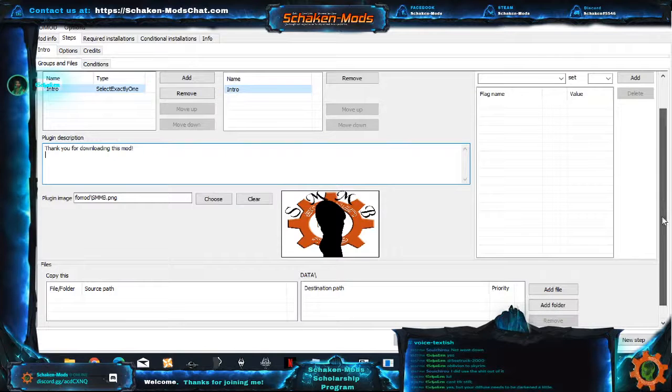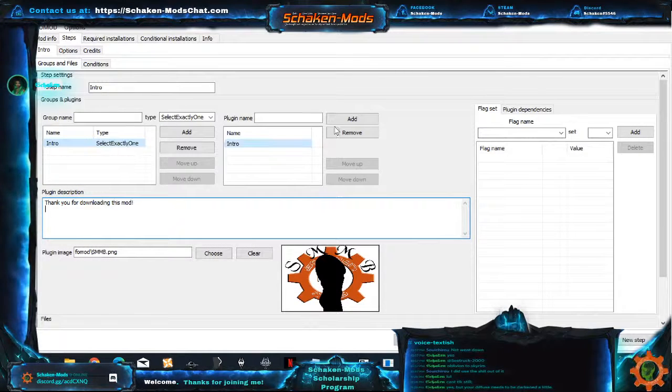On the introduction page of this, I don't ever install anything. Of course, you don't have to have an intro and a credits, but I do suggest you have at least one of the 2, because that page is going to install all the things that are not in options, and it'll keep from adding a whole bunch of clutter into your XML files, which is what this tool creates for you. The less clutter and the less stuff that you can have in there is going to greatly improve the dependability of the FOMOD tool. So now that we have the introduction made, the introduction page, let's go down to Options